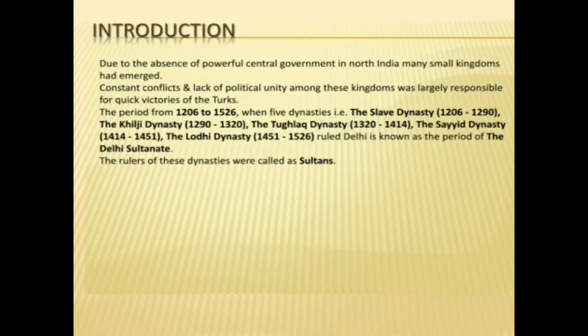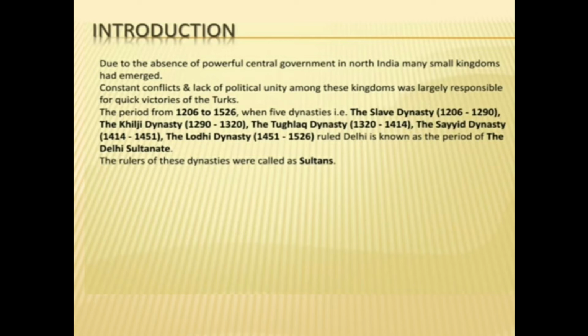After the decline of Harshavardhan's empire in the 7th century Common Era, India was ruled by the Chalukyas and the Chola dynasties. This is what we have learned in the previous chapters. Around the 10th and 11th century, many small kingdoms had emerged in the northern part of India. But these kingdoms lacked a proper central government, and there was also an absence of unity. So they vulnerably became